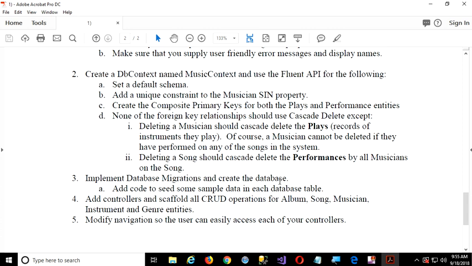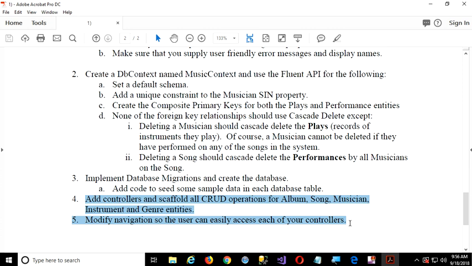And then add migrations, create the database, and add seed code. That's the last thing that's worth marks, is your seed code. So seed a little bit of data in every table, right? I suggest this part, there's no marks for the controllers and views and so on in the navigation, but go ahead and do it because that way you can test, right? Try creating a record. That's the best way to validate at this stage that your models are all valid and relationships work, is if you can go in and add a new musician, right, and add a new song and so on and so forth, then it does allow you to confirm.